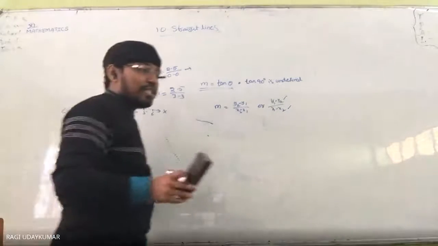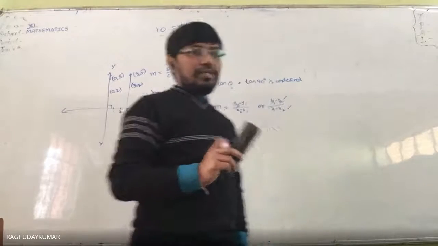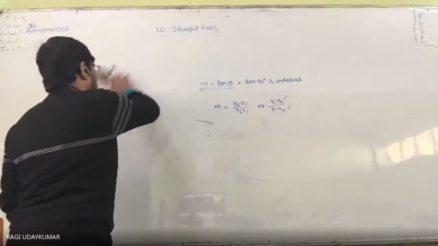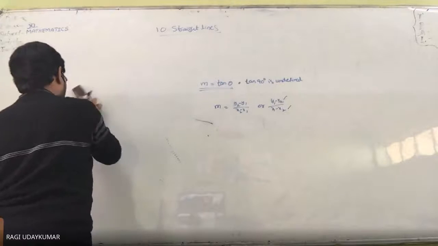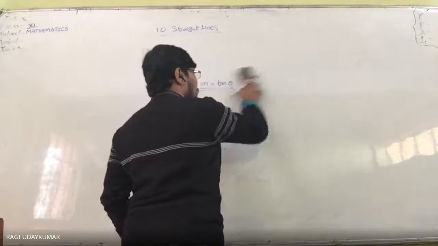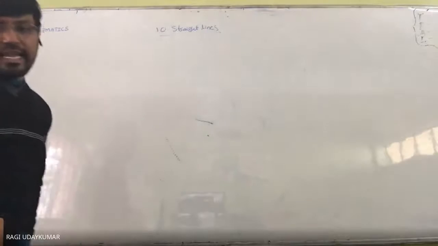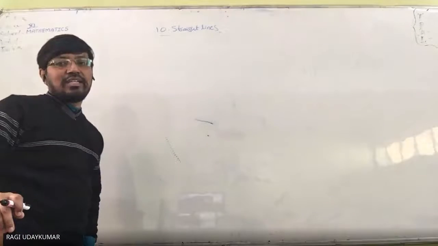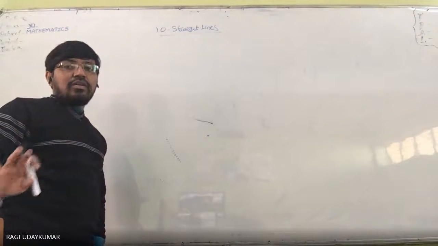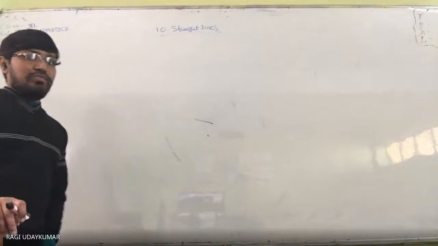And if two lines are parallel to each other, then their slopes will be equal. If two lines are perpendicular, except to the coordinate axes, you have to point out here, sir, you may get a doubt about the coordinate axes. That means not only the coordinate axes, but any two horizontal and vertical lines; except those, the product of the slopes of perpendicular lines is equal to minus 1. Please note that point here.